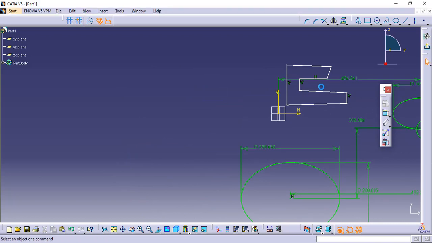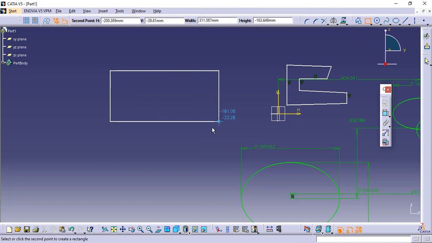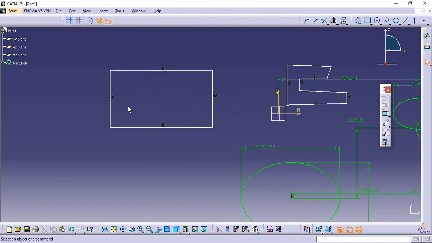Now I will give you some more examples to explain this. I will make a rectangle. I want to give some dimension here. I will double click on this command, left click, put the dimension, left click over this. Again this figure is partially constrained because I need to fix its location. So I will select the line, then I will select this axis, horizontal measure distance. I will select this line and the horizontal axis. This is a vertical measure distance. This is complete. This is a fully constrained figure. Now I hope these two commands are clear to you.